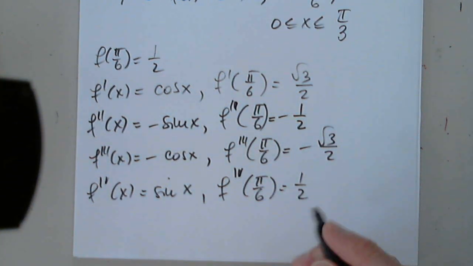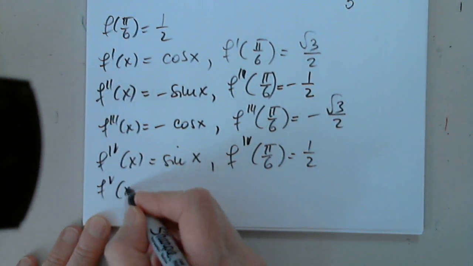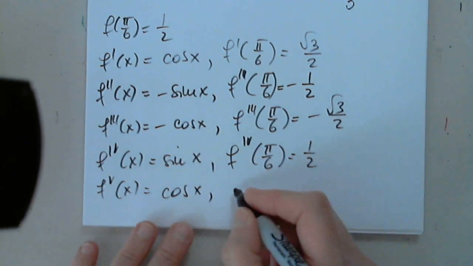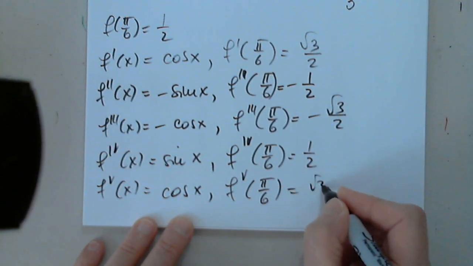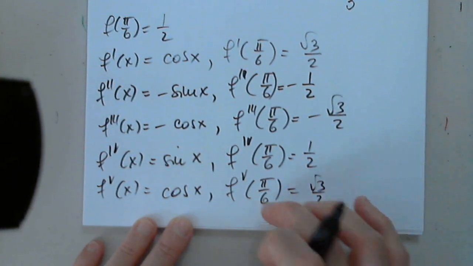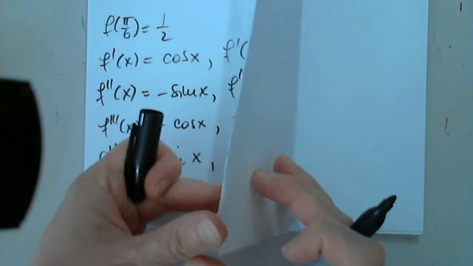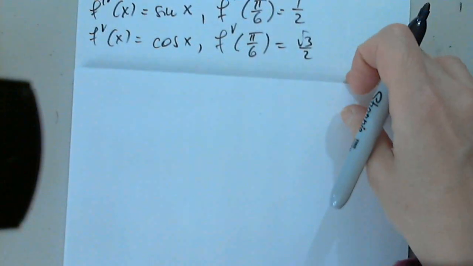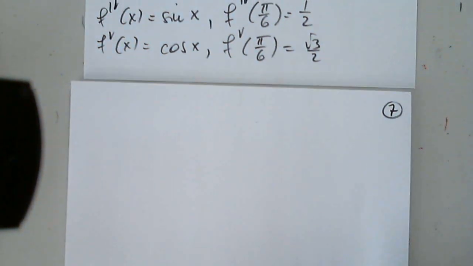And we can just determine and be ready with the fifth derivative, which will be cosine x. And the fifth derivative at pi over 6 is the square root of 3 over 2. This is ready for part B. Okay, we're not going to use it in part A for the Taylor polynomial. Okay, moving on. My page 7. Good. So let's write T4